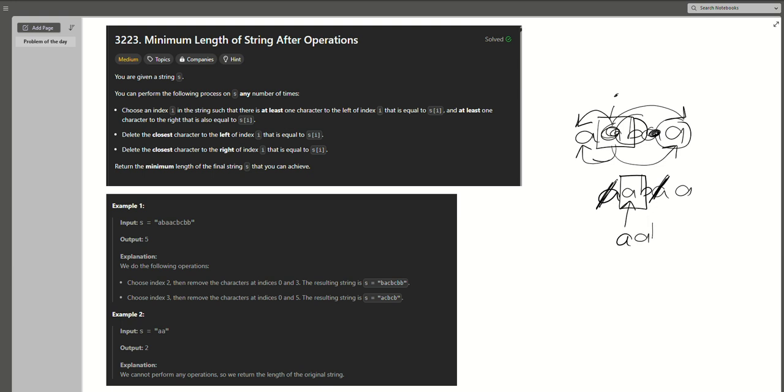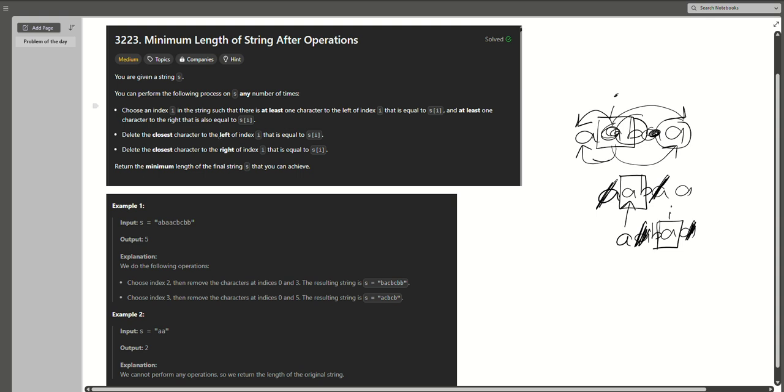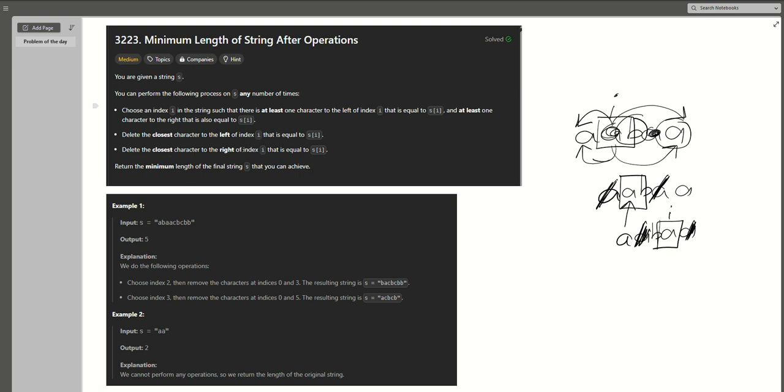But for example, if you had chosen this particular A, because this is a valid choice as well, then you would have had to delete this and this, right? So delete the closest character which is to the left, and then delete the closest character which is to the right. For example, if I take this particular string which is A B